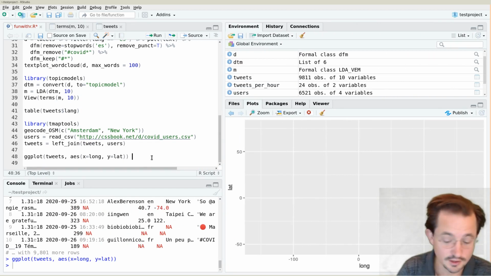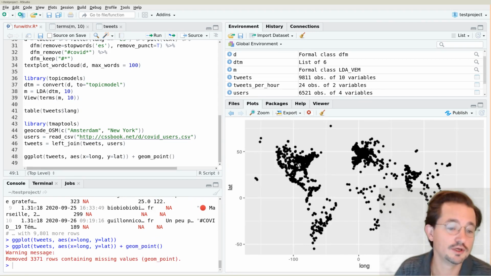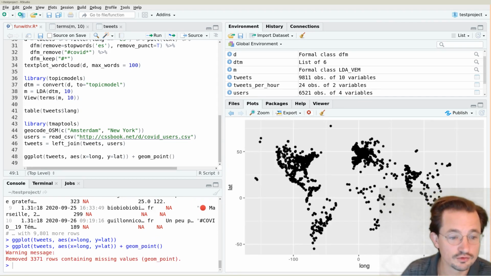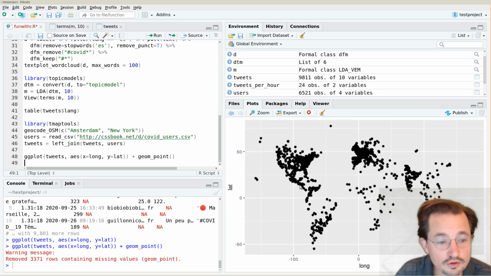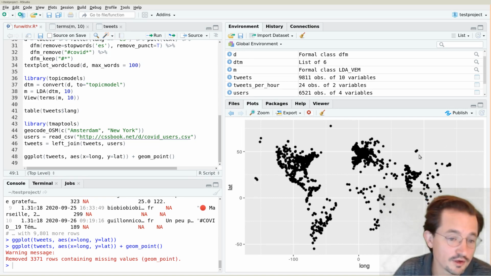And then of course we actually need to put the tweets down there, so we'll call that the point. So these are the locations from which our users have tweeted. And you can sort of make out the outlines of the continents, which is kind of cool. You can see that not a lot of people are tweeting from Russia, and probably the ones that gave